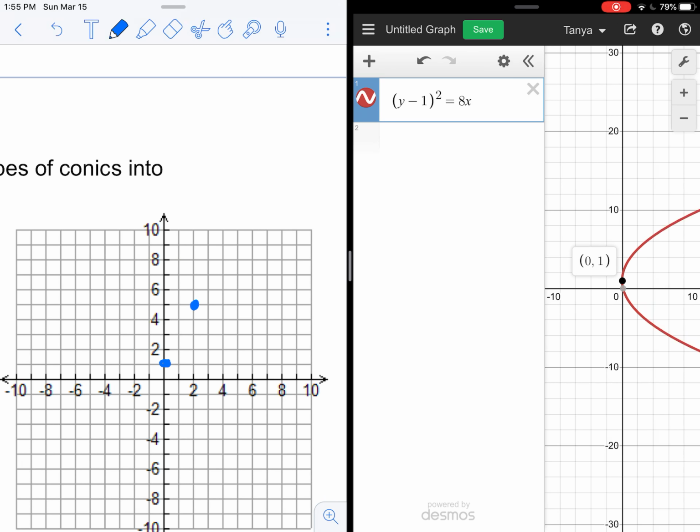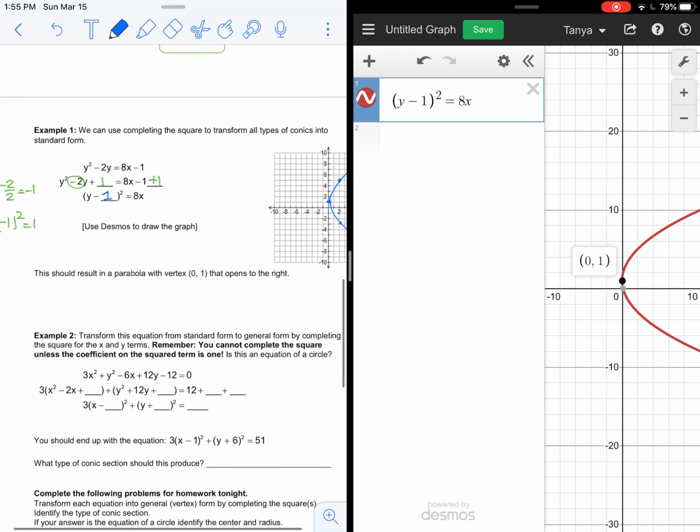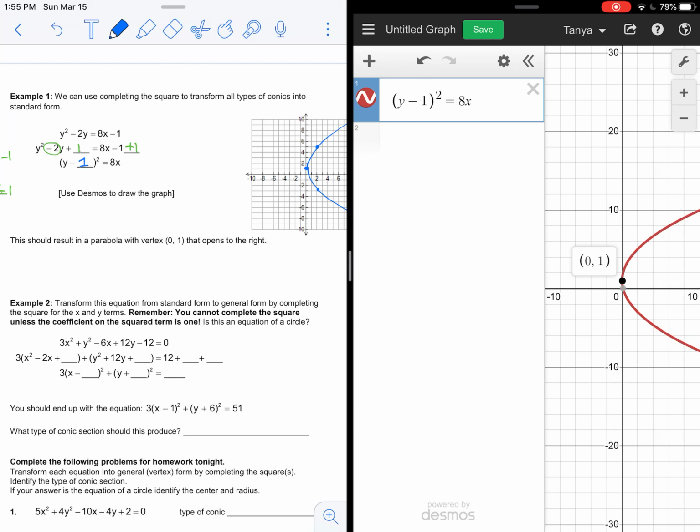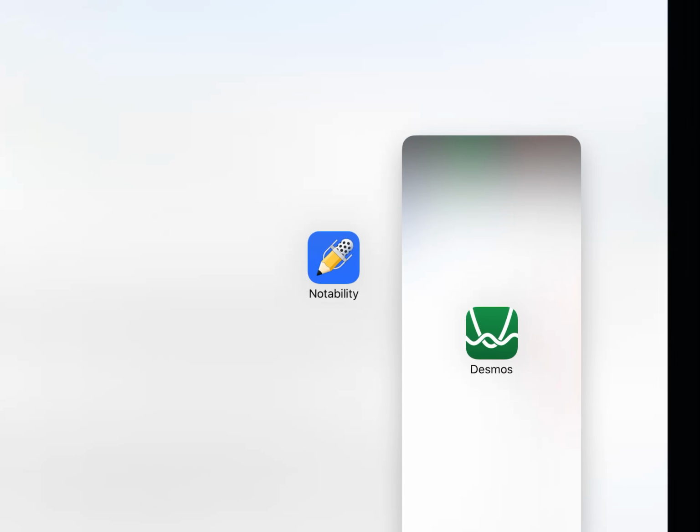I'm looking for really 5 points on that parabola, but you can just, for right now, be tracing along and finding those 5 nice points with your Desmos graph. Okay. Opens to the right, vertex at 0, 1. The next one is going to be